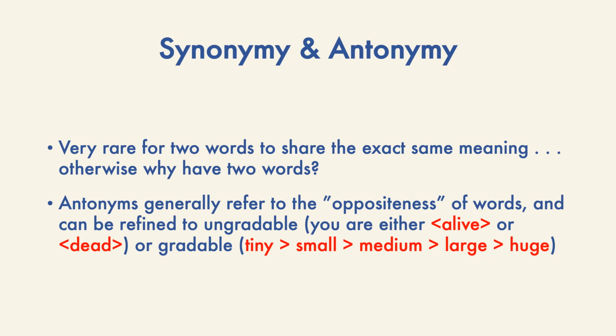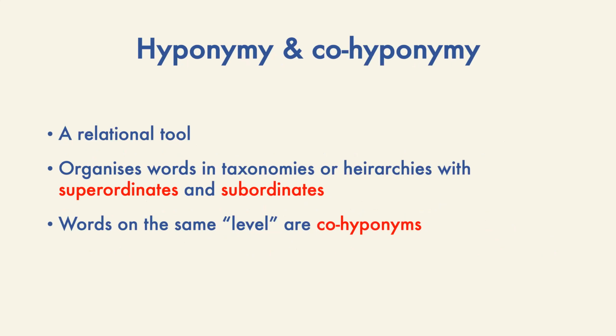Antonyms are generally referred to the oppositeness of words, and you can have ungradable things such as alive or dead. There's generally no in between. You tend to be either alive or dead, or mostly dead. Or things can be gradable opposites. So you could have tiny and huge, and all the different levels in between there. Moving on, hyponymy and